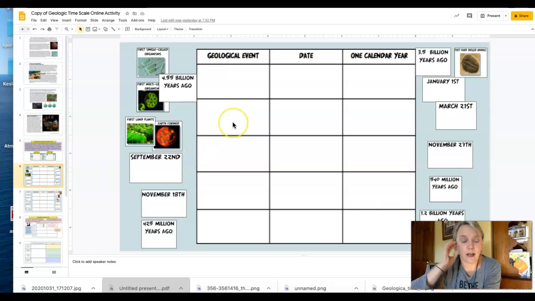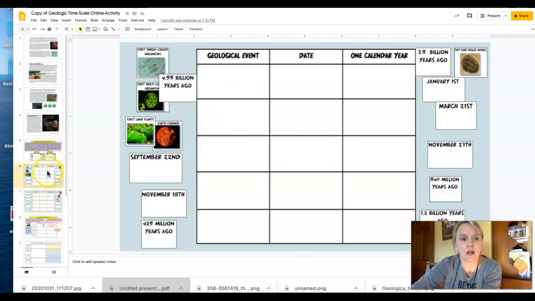Slides 6 and 7 take all of this time, 4.7 billion years, and relate it to something we are familiar with, which is the modern day calendar. It takes all of the time and stretches it out so you can have a better visual in your head of, in terms of one calendar year, how long did the age of the dinosaurs last? Or in terms of a full year, how long have humans been here on Earth? It just helps you to visualize that.